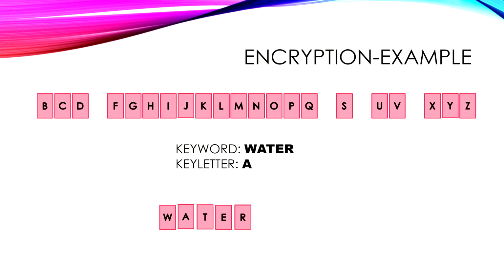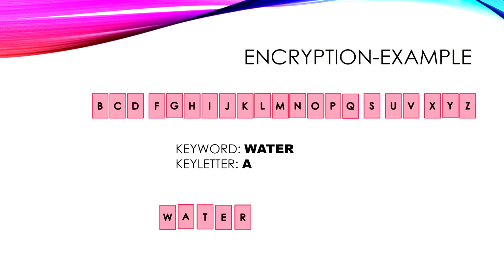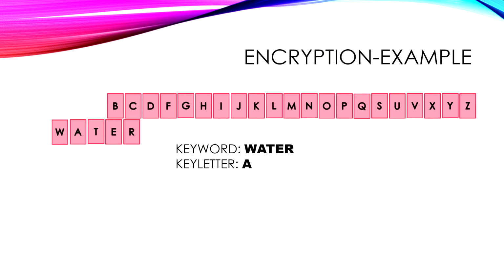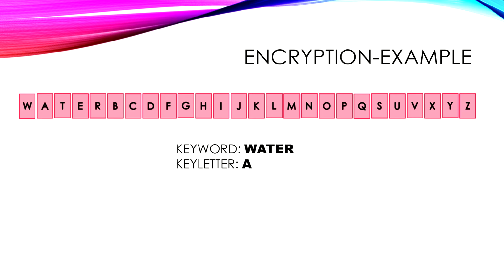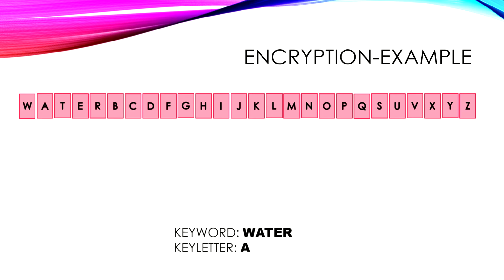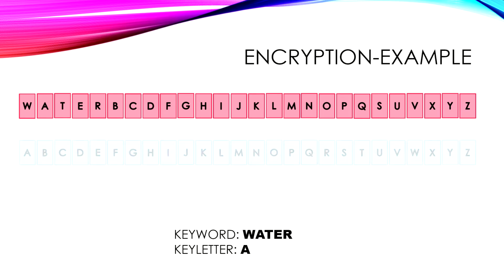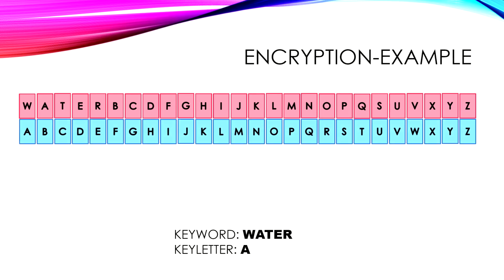For this, we shift the remaining alphabets to the side and we place it in the front of the alphabet. Now, we take a reference set of alphabet, which is a standard set of alphabets. The upper alphabets are known as the ciphertext.